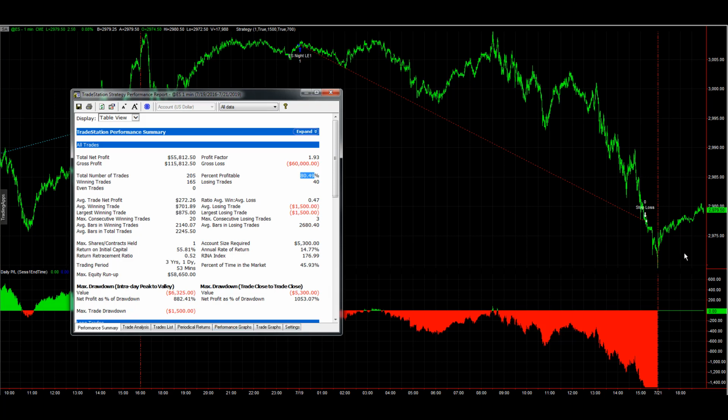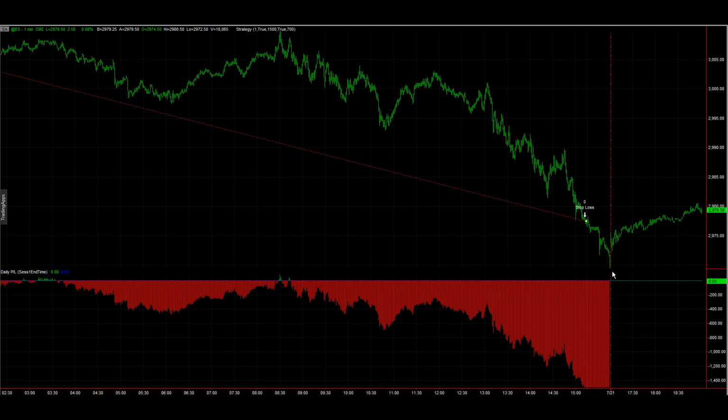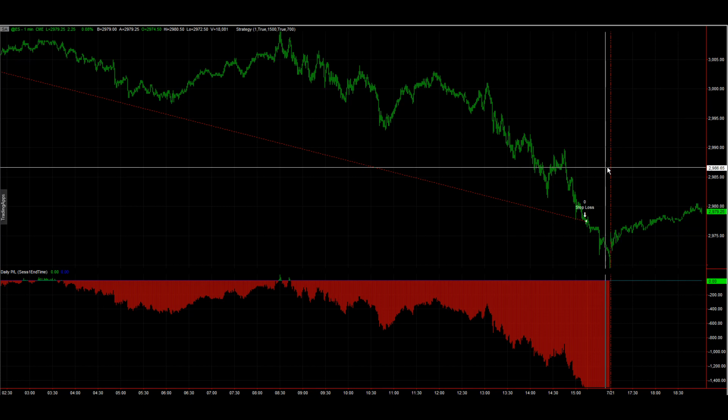And one of the things I like to look at is the Sunday night trade on this. I'm not sure if the criteria will be met yet for ES Night Trader to take a long trade, but a lot of times you see these sell-offs on Friday or at the end of any given day, and then the market closes, and then you get this gap up, and you never get a chance to buy it back down here. And so oftentimes if you get a chance to buy it back down there,